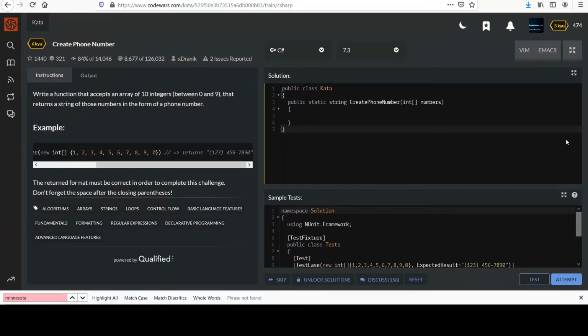Your next challenge is called Create Phone Number. This one's from the 6 kyu category. Write a function that accepts an array of 10 integers between 0 and 9 and returns a string of those numbers in the form of a phone number. They provide one example here with the numbers from 1 through 9 with a 0 at the end,